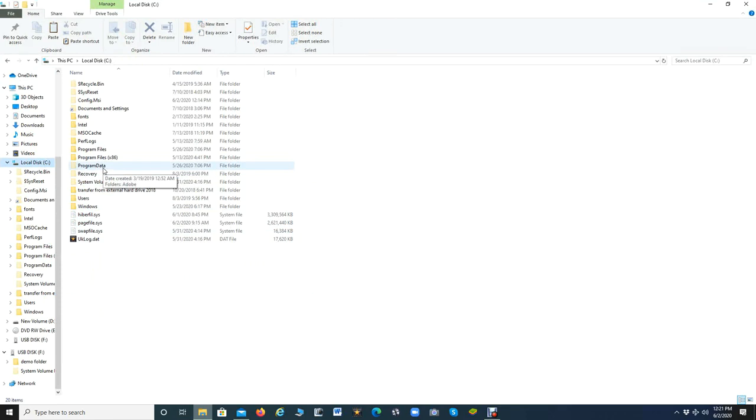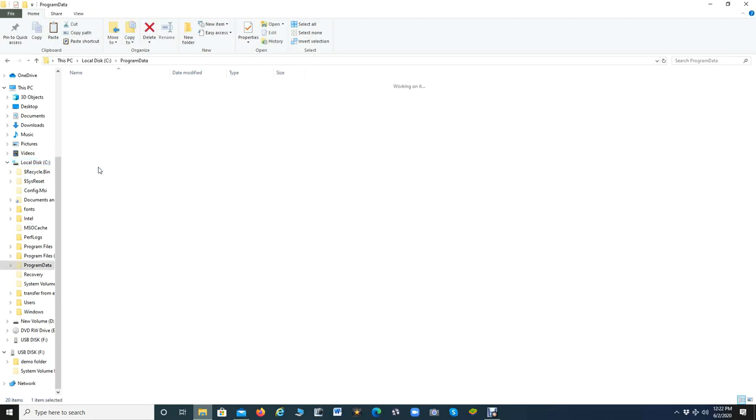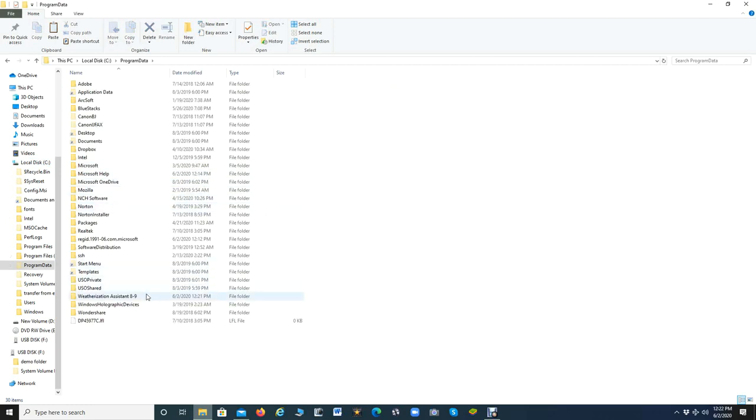That's the folder that we're about to open, and if you do not have administrative access, it'll be hidden. So again, I can't express that enough to avoid you having frustration. But we've got access here, so I'm going to open Program Data, and here you see that that's where the Weatherization Assistant 8.9 folder lives. Double click that,